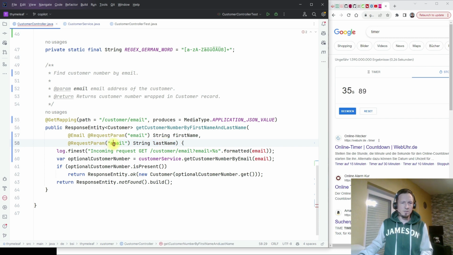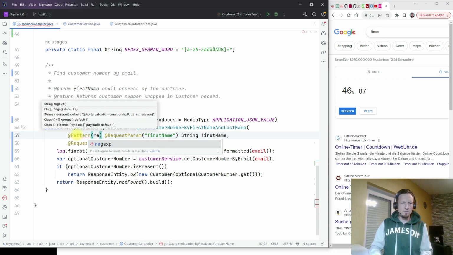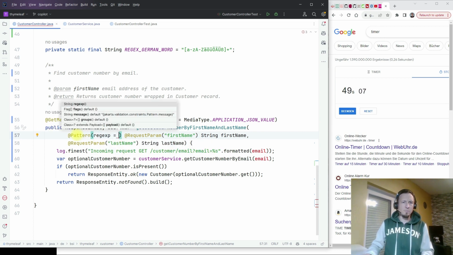Again, we do copy paste for this and that, and for the parameter here we have now to use add pattern. The regular expression is defined above,